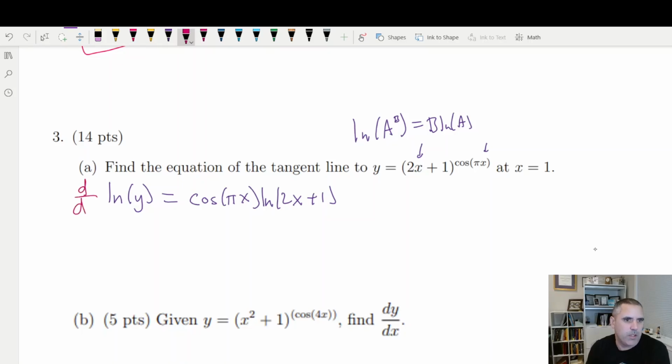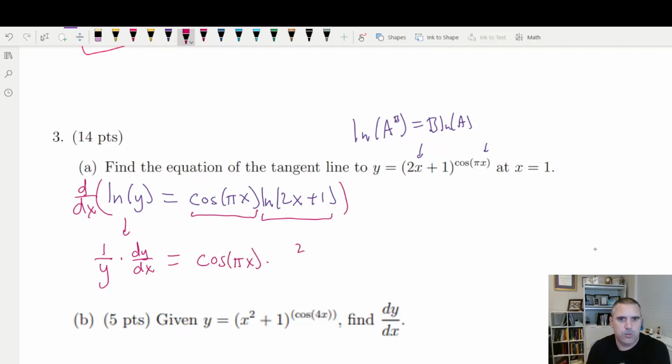Now we're going to differentiate with respect to x. And here's where the implicit differentiation comes in, because we're not scared to have that y there. We just write 1 over y times dy dx. Then the rest of this is the product rule. First times derivative of the second plus second times derivative of the first. 2 over 2x plus 1. That 2 came from the chain rule. Plus, now the derivative of the first would be